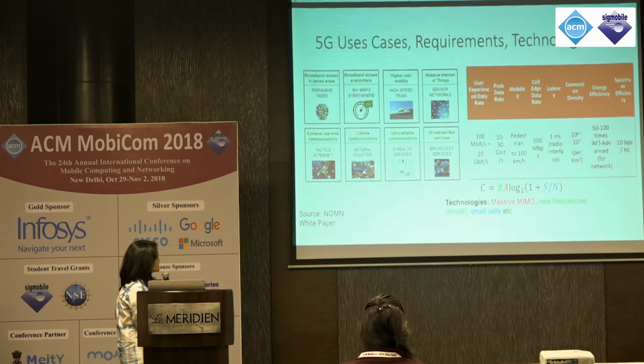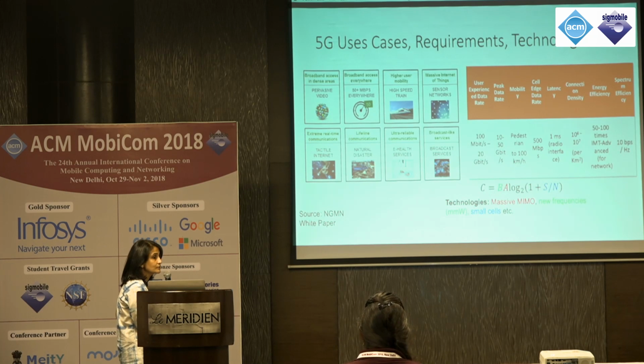Pedestrian, 200 kilometers per hour mobilities. The cell edge data rate, and that is actually one of the biggest limitations that you have in today's cellular networks, is you can get very high throughput if you're really close to the base station, but as you go towards the cell edge, your throughput drops off. So having that as a performance metric is very important. Latency, the requirement is of having 1 millisecond latency, and today we are at about 15 milliseconds, so that's a huge reduction that is going to be given by 5G.